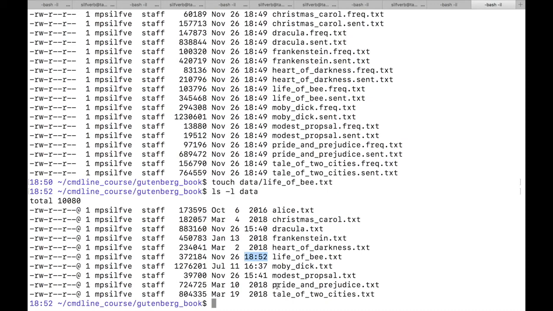So this is now later than when life of b.frec.txt was created. So now make will assume that the life of b.txt file has changed and it will have to recreate